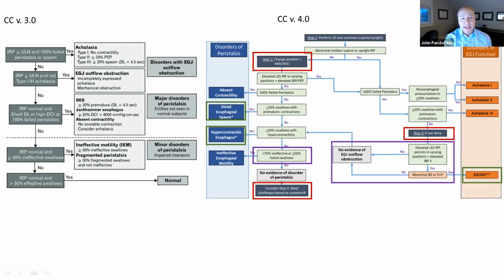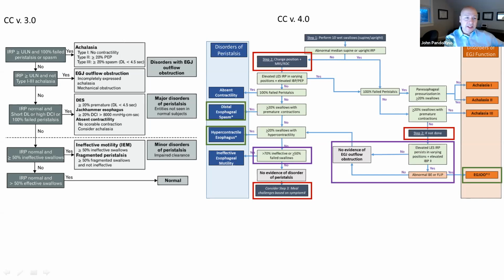Yeah, I think there's been some dramatic changes, and the first one to focus on is really the protocol. When we first started doing this, we were really focused on just classifying an esophageal motility pattern. And given the fact that the conventional standard was 10 supine swallows, we really focused on this. But what we realized very quickly was that, number one, people did things very differently across the globe, and also that some of the metrics would change based on position, and specifically the IRP. In fact, probably the impetus for this was the fact that the IRP could pretty much normalize if you change